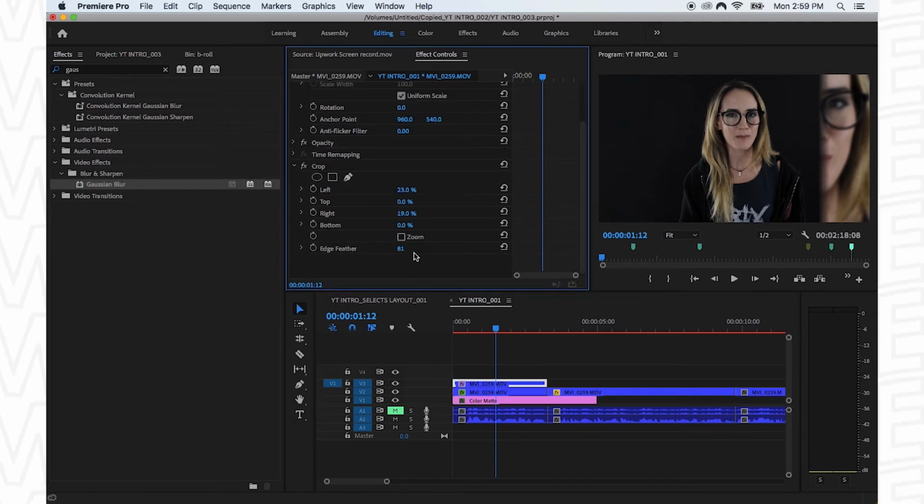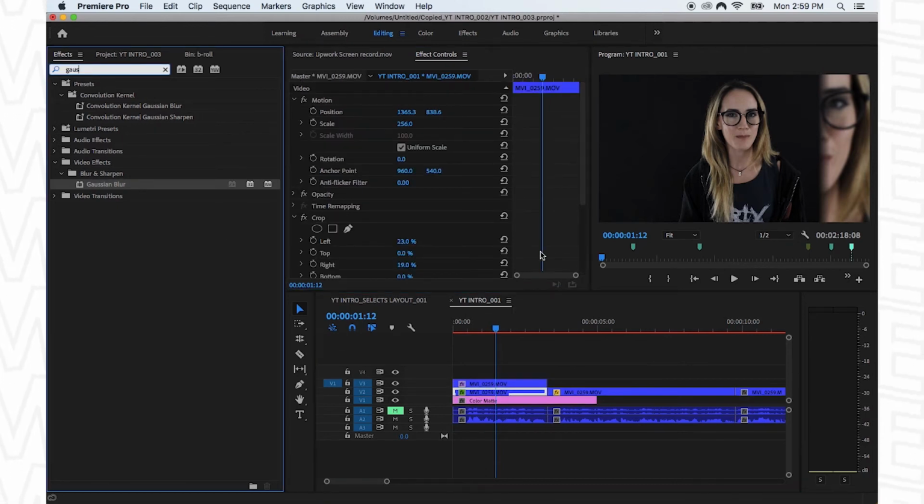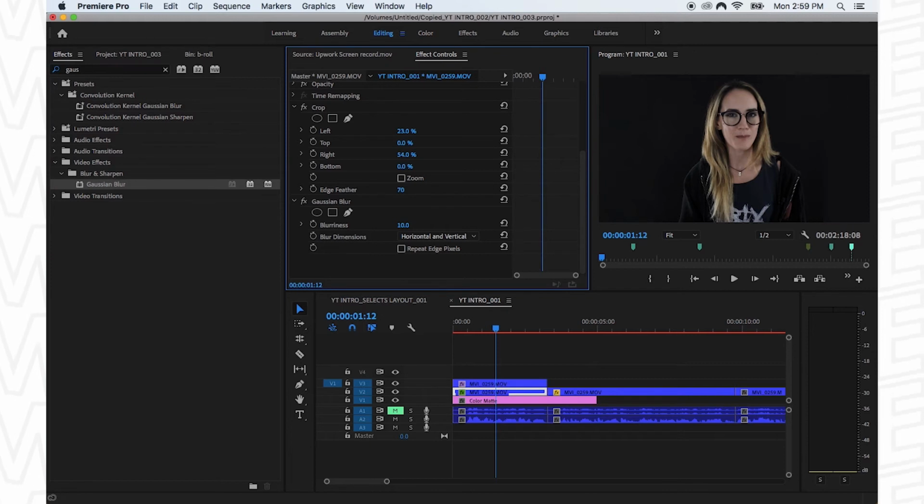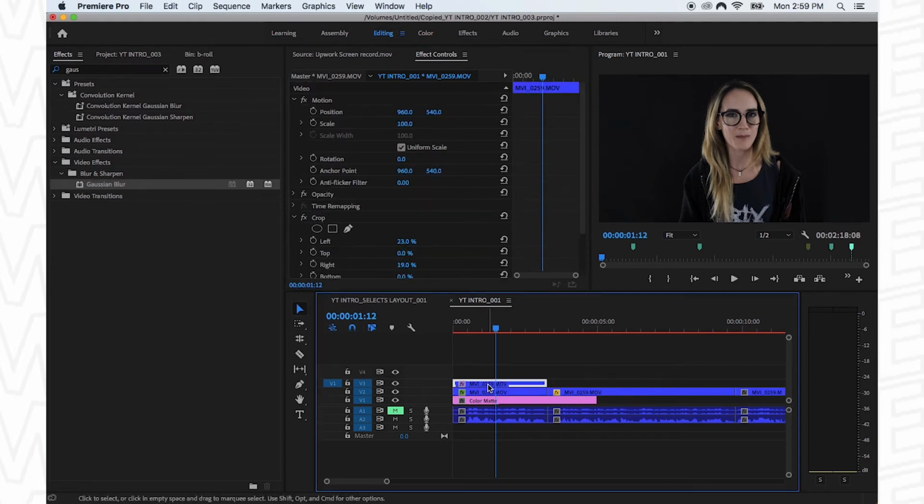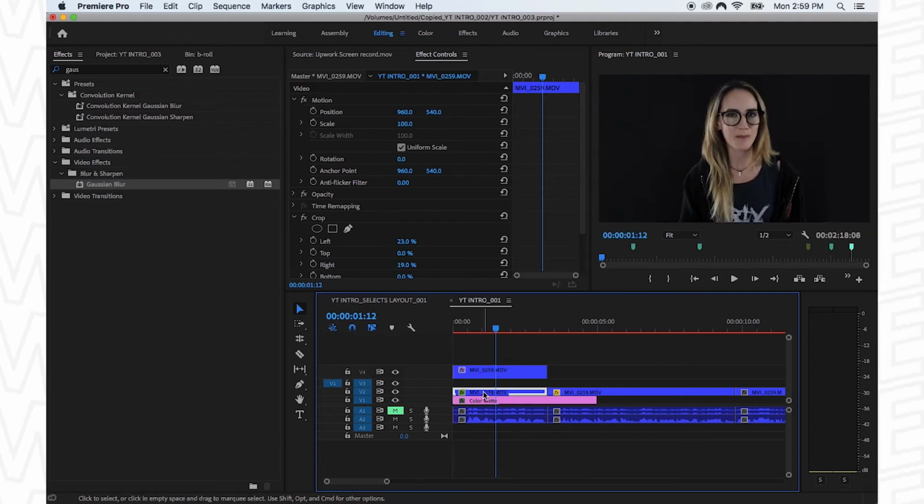Let me feather that a little bit more. All right, but you got my big old face over here. So let's go ahead and, okay, I've already got crop because I duplicated that. Left, right. We're just gonna crop it out until we don't see her anymore. How about that? All right, and now I'm gonna move that up and then I'm gonna duplicate that bottom one